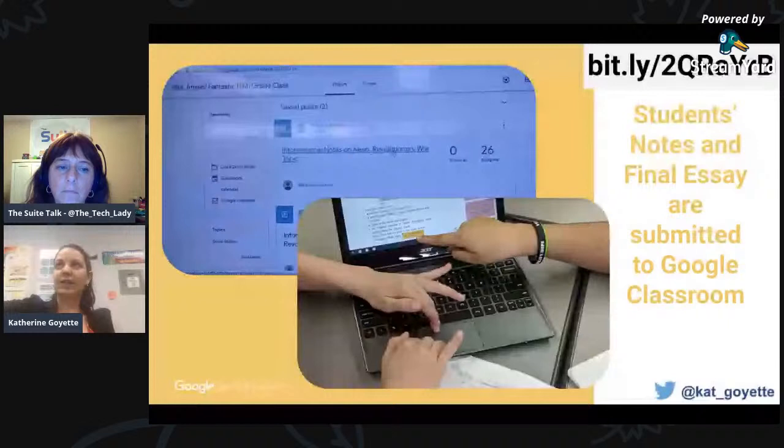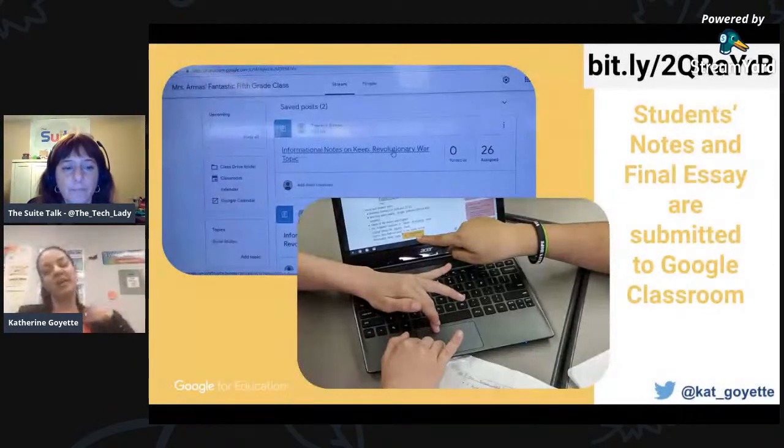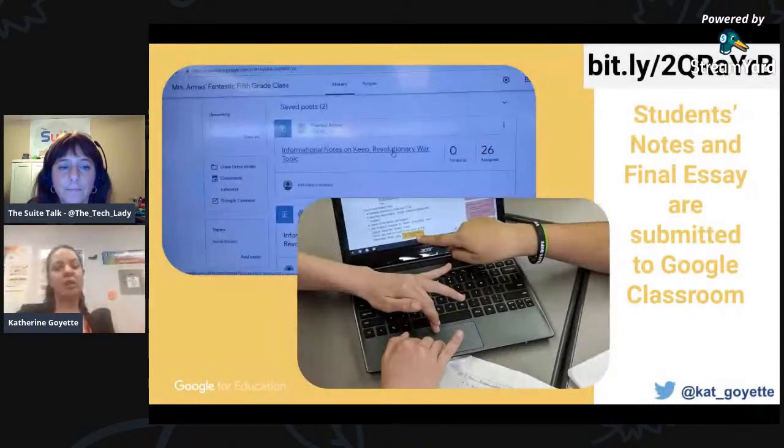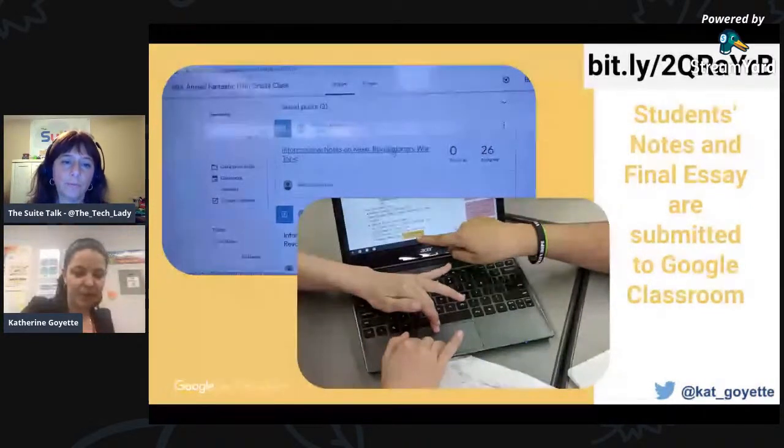Then you click the note and drag it over with your mouse, or with your fingers if you've got a touchscreen. And then it just copies all the text onto that doc. That makes it nice for the teacher to actually see what notes the kids are taking. And then you turn the doc into Google Classroom. Right. Exactly. That's cool.